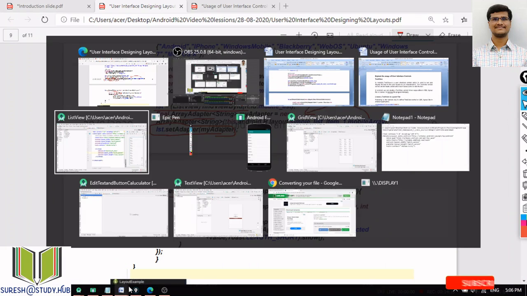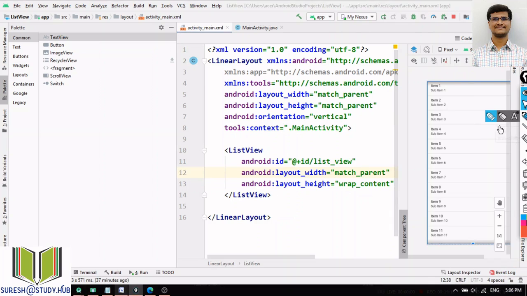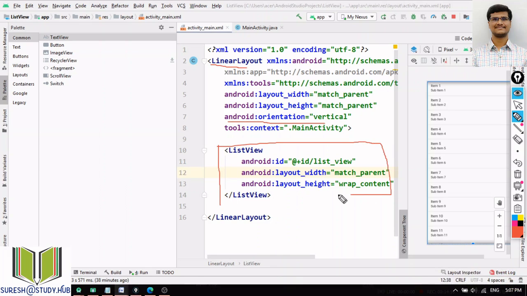actually this is a different program over here. So this is your list view. In the list view, first what I have done is just a simple thing. First I am taking this linear layout, within which I am setting the orientation to vertical. This we have seen. In the linear layout I am using this list view. I am taking a single list view, and it is preloaded with some items. These are not the actual items, it is just for the view purpose that it is showing these items.